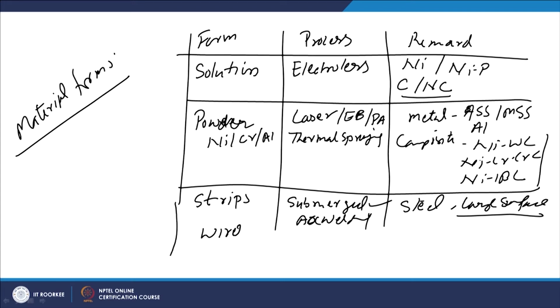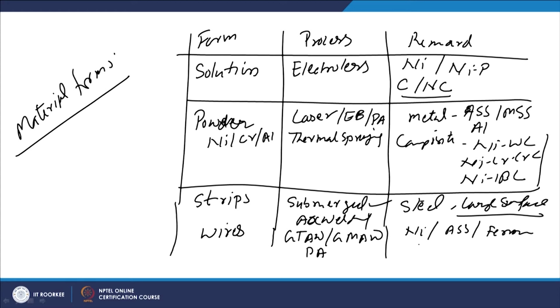Then we can use wires of different diameters like 1.6 to 2.5 millimeters, and they can be used in non-consumable as well as consumable processes. For example, gas tungsten arc welding, gas metal arc welding, or plasma arc welding process. So at the heat source, like the arc, the wire is fed for fusion and gets mixed with the fused base metal to form a bead-on-plate. So this can be used for developing claddings and coatings of nickel or austenitic stainless steel or ferrous metals, different categories of ferrous metals like high carbon steels, and other layers also can be deposited